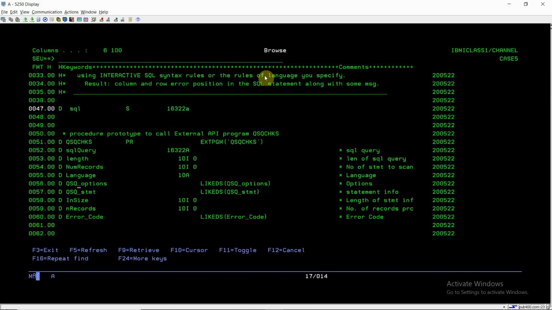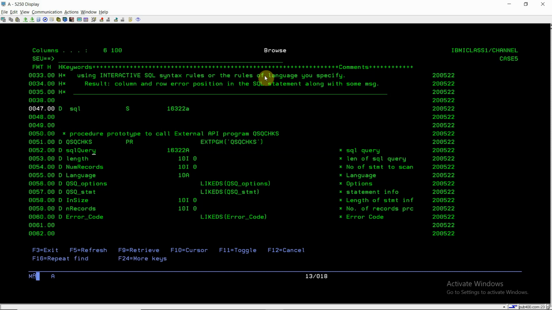This is QSQ underscore options. Here we will be specifying the keys, which is 1 in this case for the SQL case. This is actually a DS, QSQ underscore options, and then QSQ underscore statement, that is the statement info.